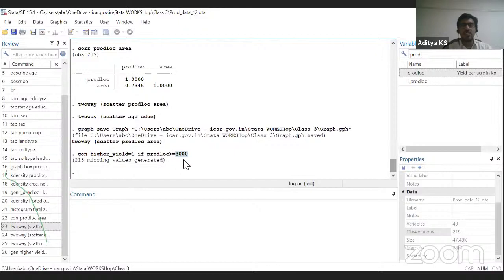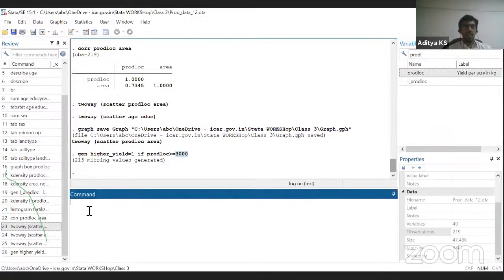If it is less than 3000, I have not assigned any value to it. So in the next step, I have to assign it a value and I have to use the command replace. Why am I using the replace command? Because in the previous command itself, I have generated the variable. When the variable is already there, you cannot generate it again. So I'm asking replace